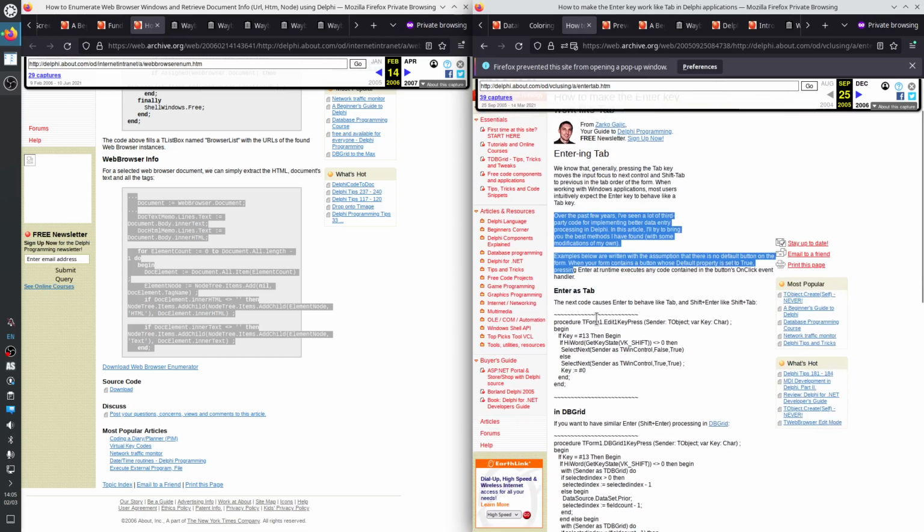Okay. So it has an edit box and implements the key press event.